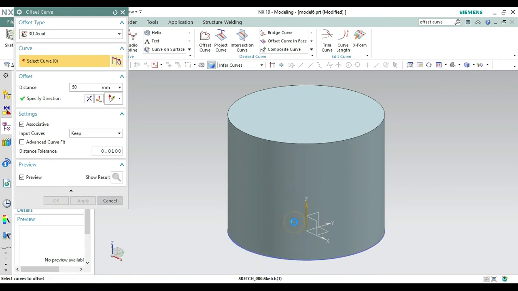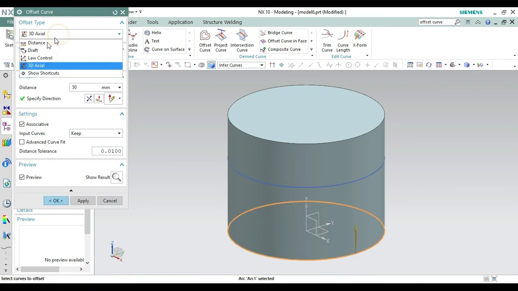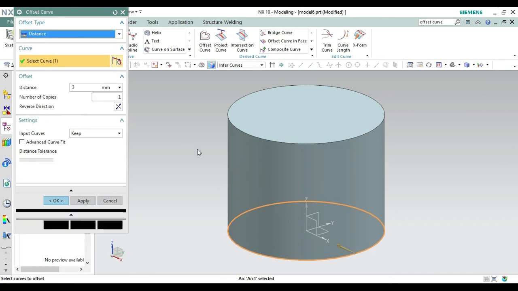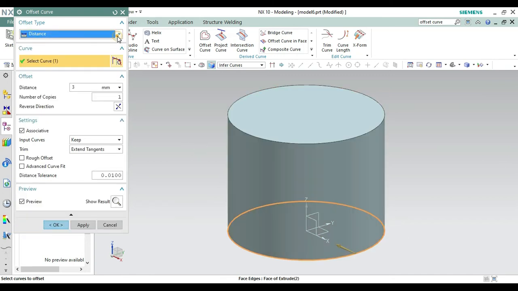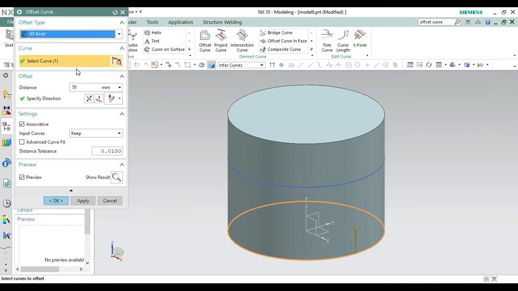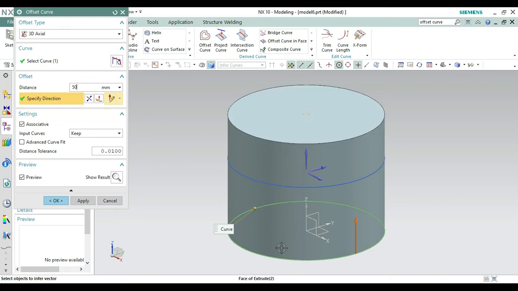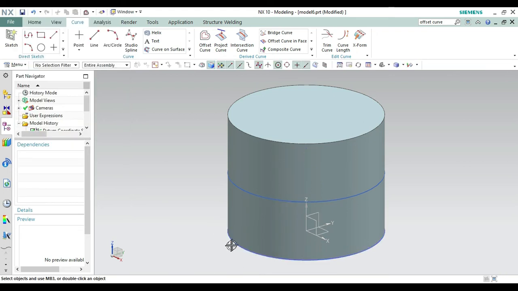So select Sketch. Now there should be 3D axial direction. With distance, you can only work with the x-axis. In 3D axial you can work with x, y or even z. So select 3D axial. Now specify the direction, which should be upwards, meaning z. Now the distance should be half of the extrude of 80, so the distance should be 40. So it will automatically create the curve at the center. Make it okay. The curve has been created at the center.